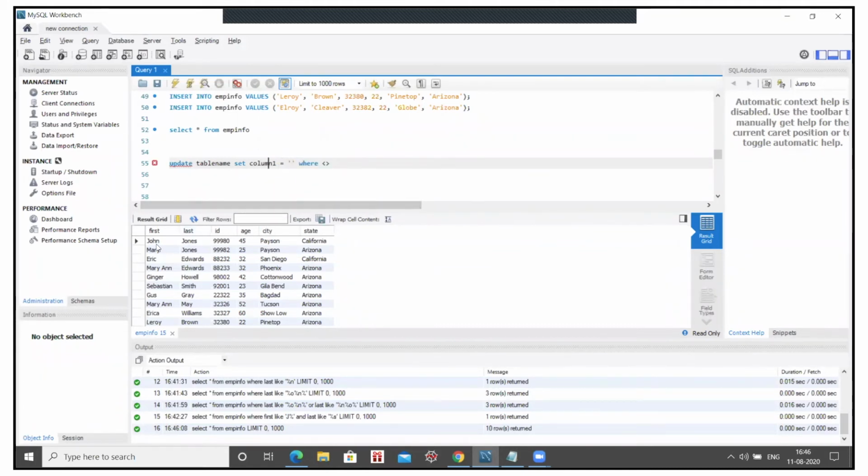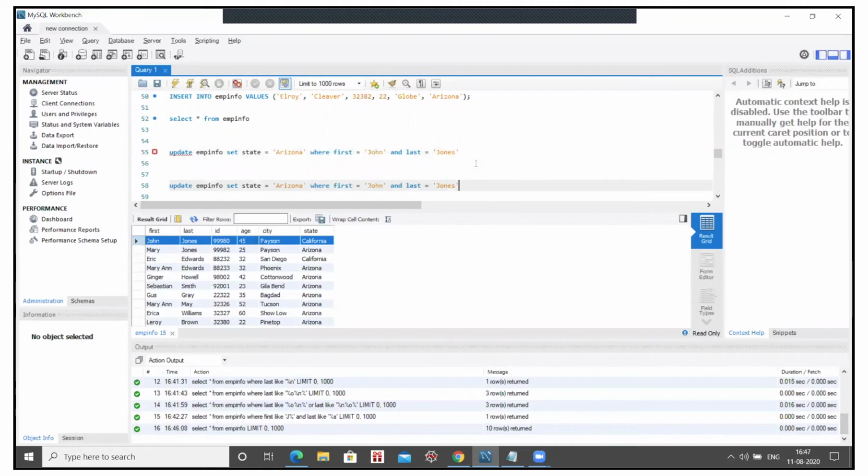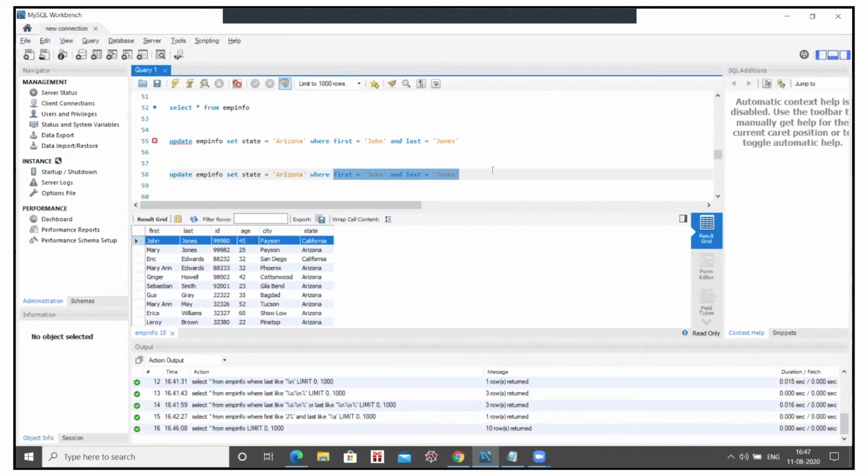So let's say in this particular table, for this particular employee, let's change the state to Arizona. So update, what is my table name? Emp info set state equals to Arizona, where first equals to John and last equals to Jones. Now, if you do this, obviously it will be updated. Now, instead of this, if I just run this entire query, all the records will be converted to Arizona. If I just update where state equals to California,